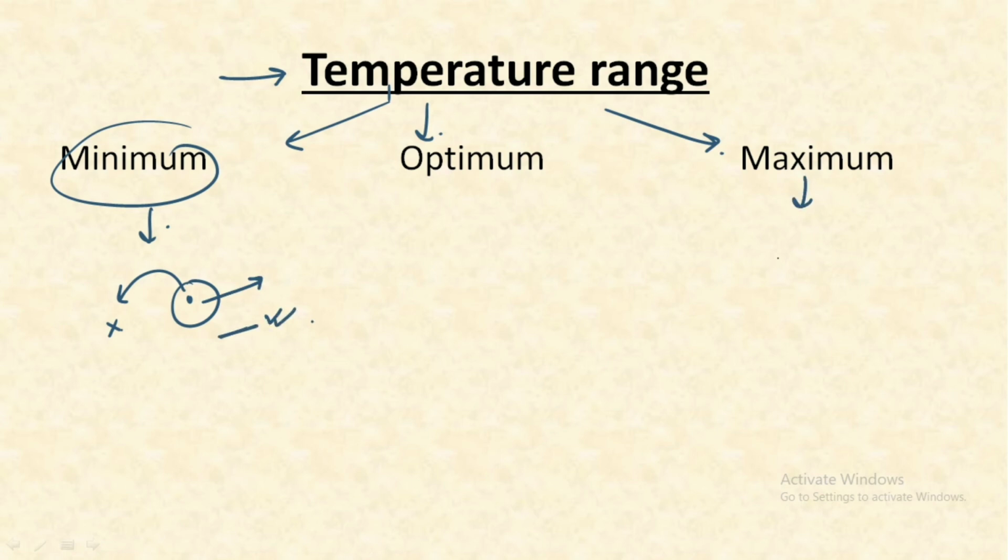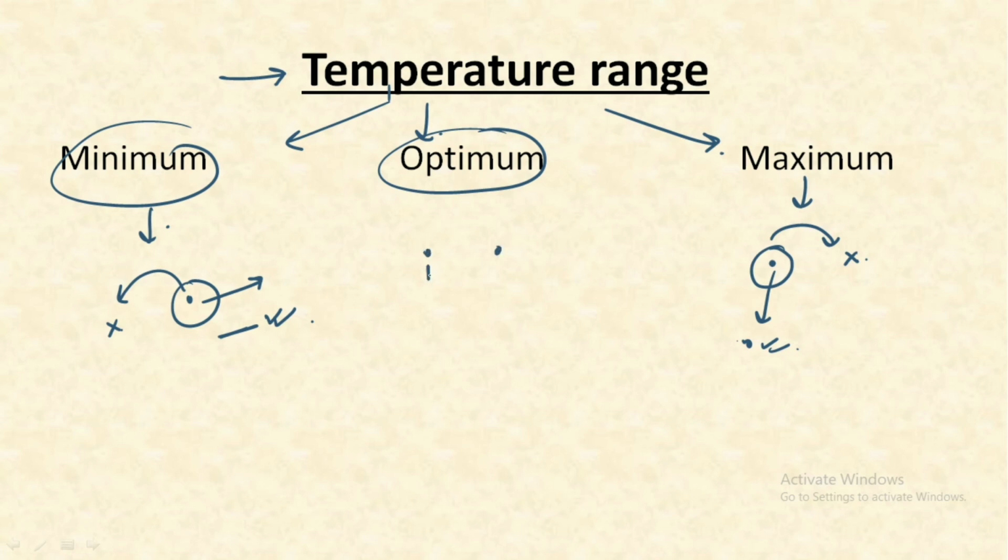Talking about the maximum, it is the highest temperature point beyond which a bacteria cannot survive, or we can also say that it is the highest temperature at which the bacteria could survive. And the optimum temperature range is the range of temperature at which there is the maximum growth of the bacteria, or the range at which the bacteria flourishes at the maximum rate, in which there is the fastest growth of the bacteria.